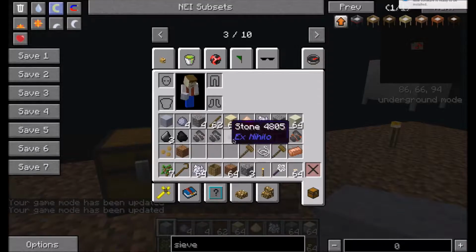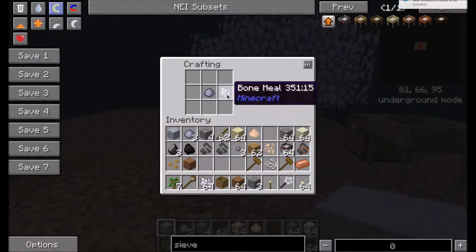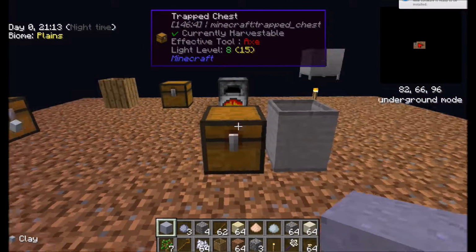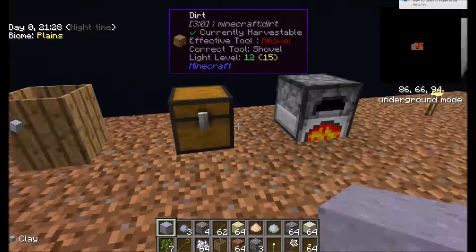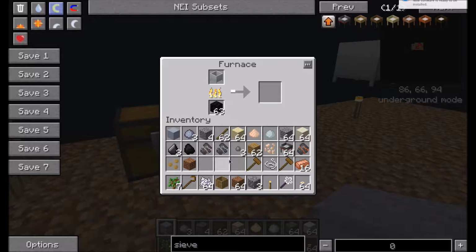So if you combine in any crafting grid, let's just use this, let's take clay, then we'll take bone meal, and we have ourselves porcelain clay. And I believe you need 7 more of this porcelain clay in order to make an unfired crucible. And you might be wondering, it's unfired, what can you do with an unfired crucible? Well, obviously, you take our unfired crucible, and we should get ourselves a crucible, which is extremely important for